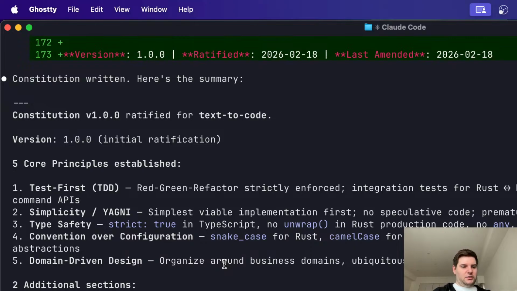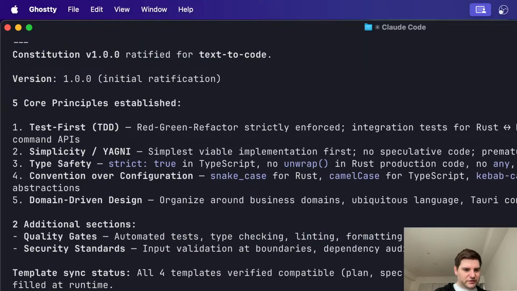Okay, so suggested commit message. Let's go ahead and do that. Do we get any specific Spec Kit commands for commits? No, okay. So go ahead and commit the specify constitution. Commit